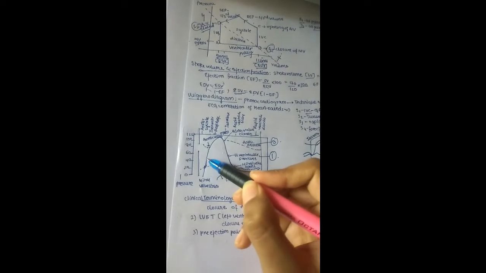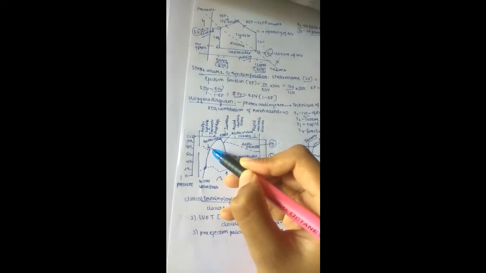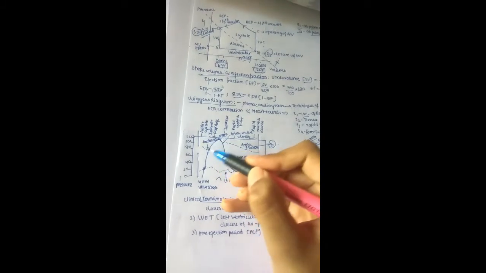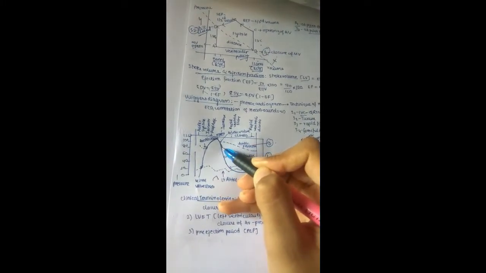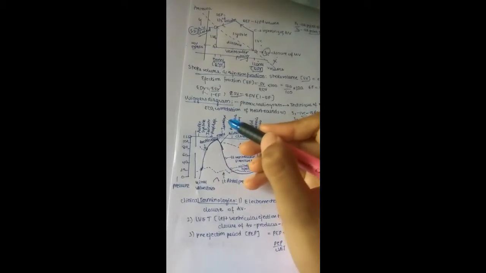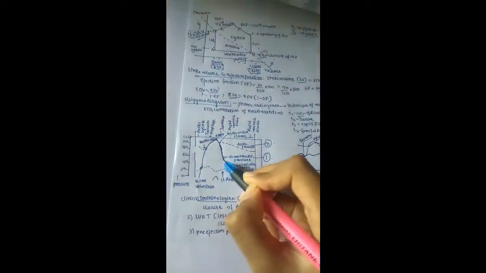In contraction you can understand it will go till the peak. When it is going towards the peak, later the aortic valve opens and the rapid ejection starts. Because of rapid ejection the blood is ejected, so the pressure is also high. Next, isovolumetric relaxation is going on in the ventricle, so again it starts coming down.